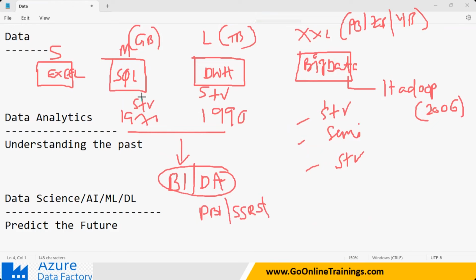When you take the structured data and analyze it, this process is called data analytics, or also business intelligence. Clear? So business intelligence means analyzing structured data, right?